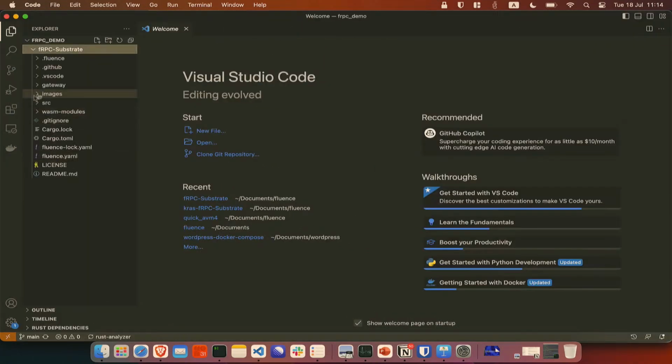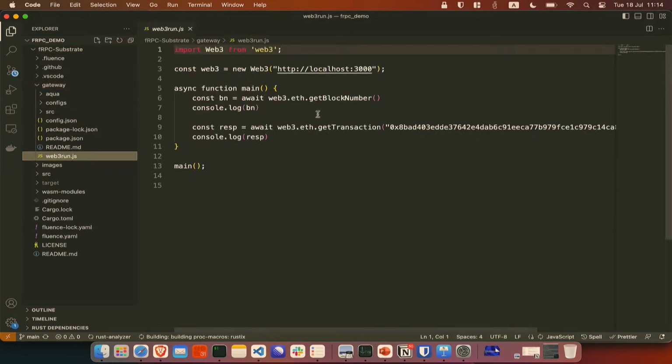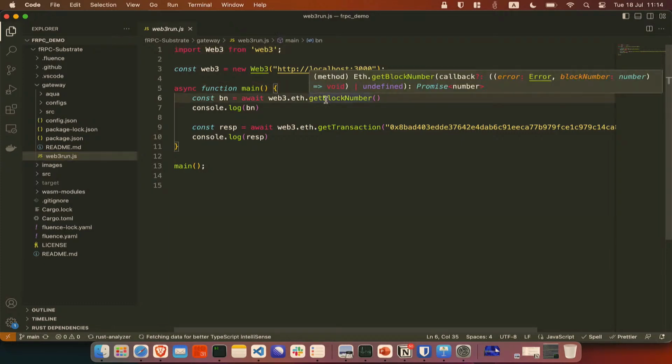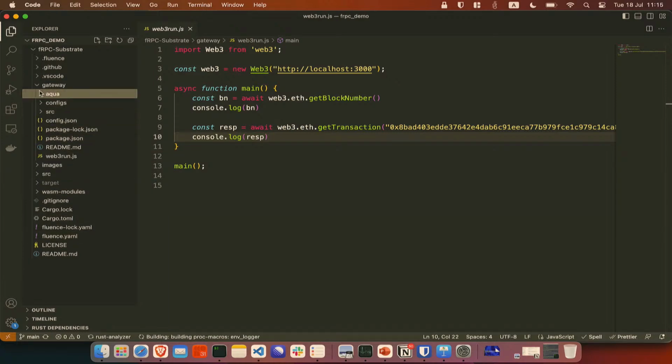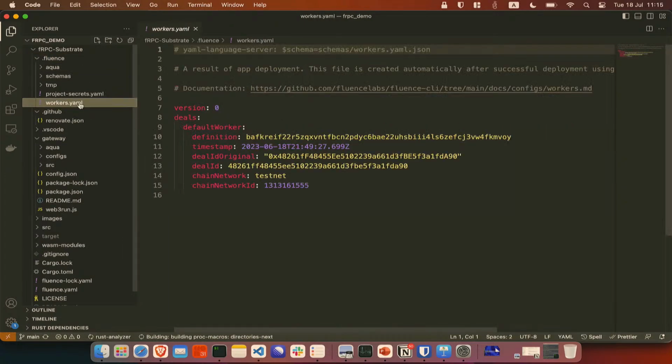So basically, it's a really small dApp that gets the block number, very simple, from the EVM RPC and gets the data from some transaction. So nothing too complex, just something to make sure that it can access the remote RPCs. And we have the Fluence app that can run.